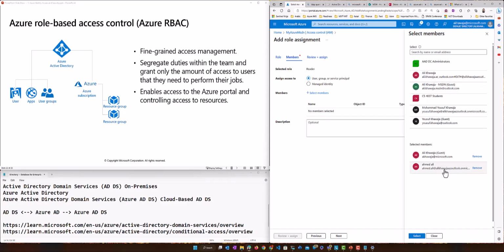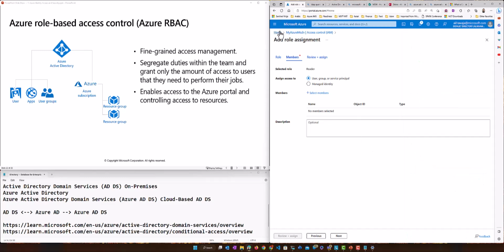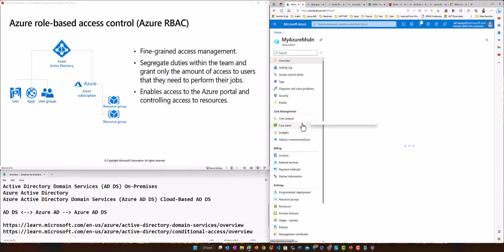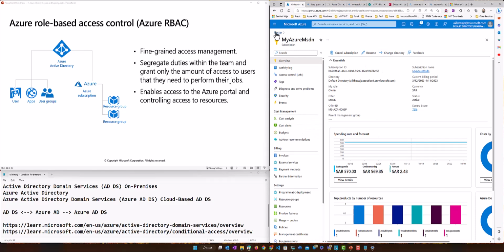So it shows you this distinction, that this guy belongs to your own directory, where this guy is coming from a different directory, right? It gives you these kind of clues as well. You can see who belongs to your directory, who doesn't belong to your directory, and it gives you a very clear distinction. So you don't make mistakes in giving them responsibilities, right? This is one of the key reasons that we assign our subscription to our own directories.